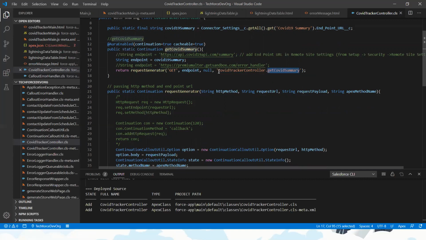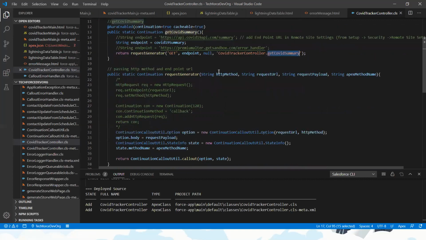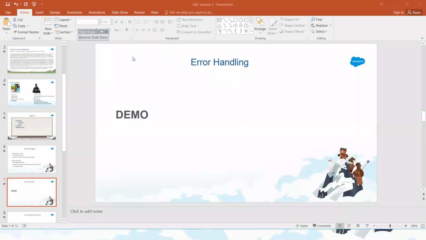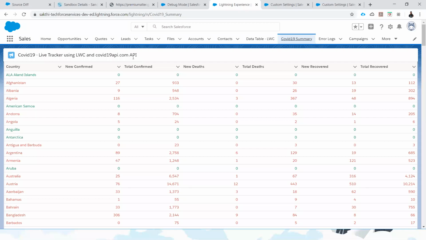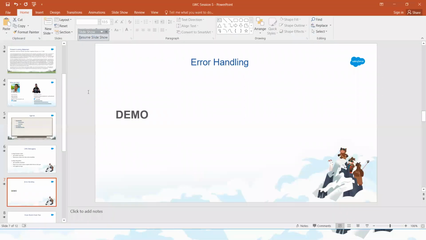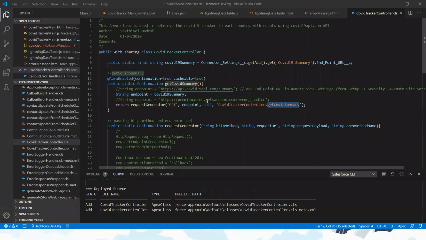This will return a success response, that's fine. In case it returns an error response, let's see how we capture the error. Currently it's working for this one.